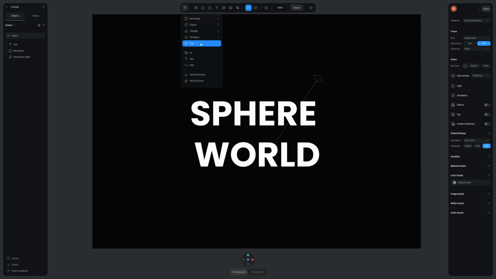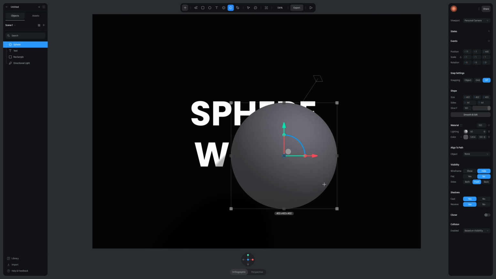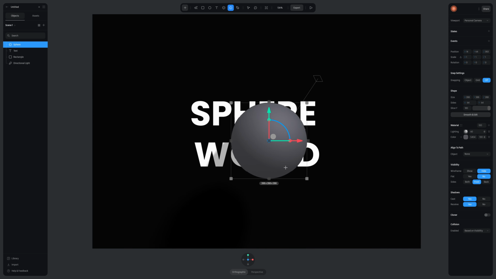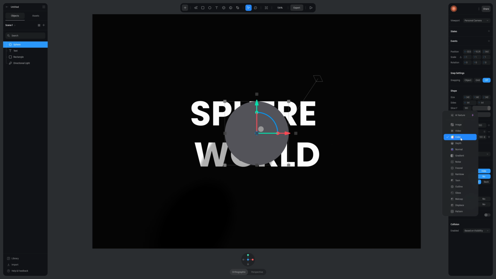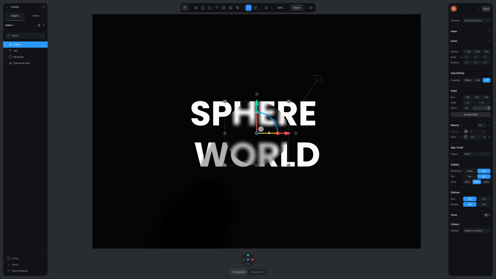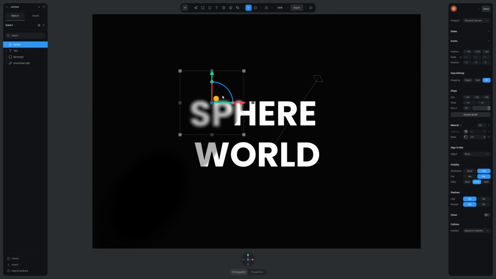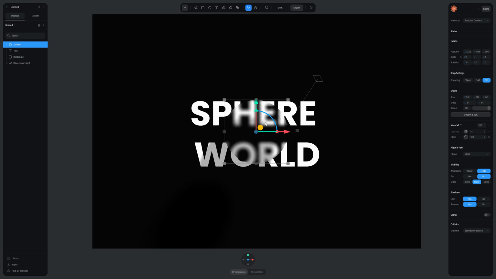Now check this cool trick out. We can go here and add a sphere in our scene like that. Perfect. Now we'll take the sphere and we're actually going to turn off lighting on it so it's invisible. And we're going to change the color over from color to glass. And as you can see, when we do that, we get this nice effect where it goes transparent in the